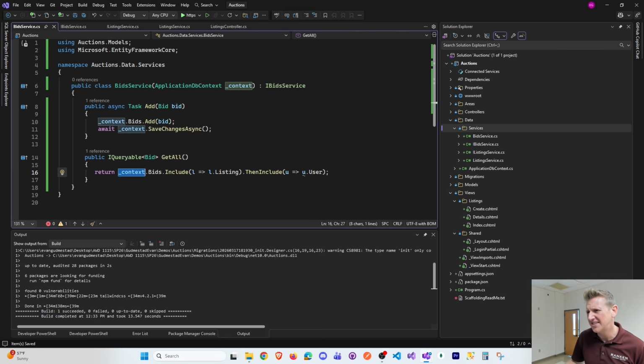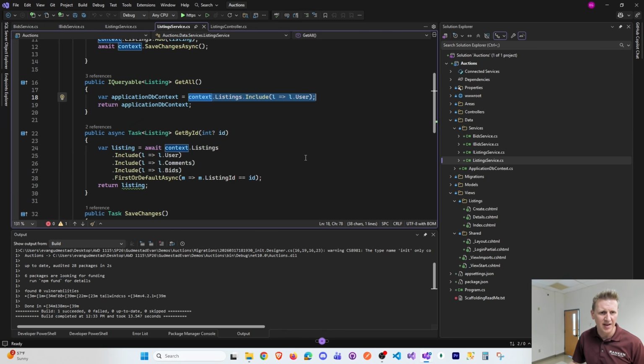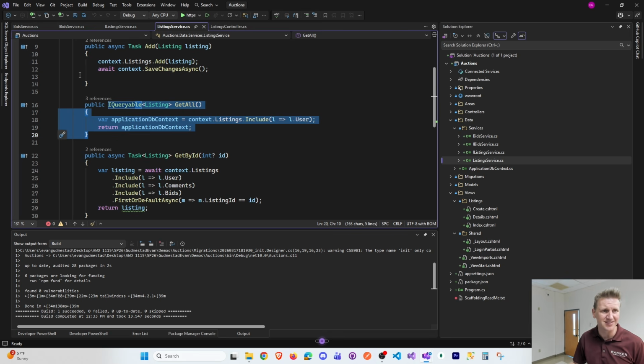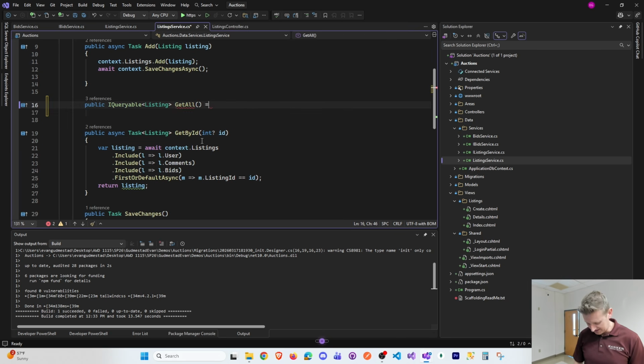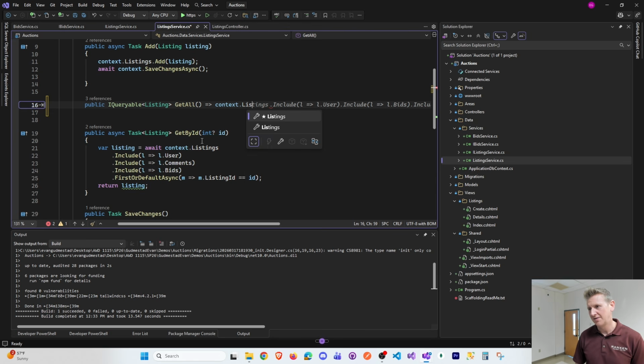And just because I did this morning on my listing service, I refactored this get all even more condensed. So I thought, well, I can do it even more concisely. Since all we're doing in this get all method is returning something, that's kind of the conciseness of an arrow function. All an arrow function does is return context listings